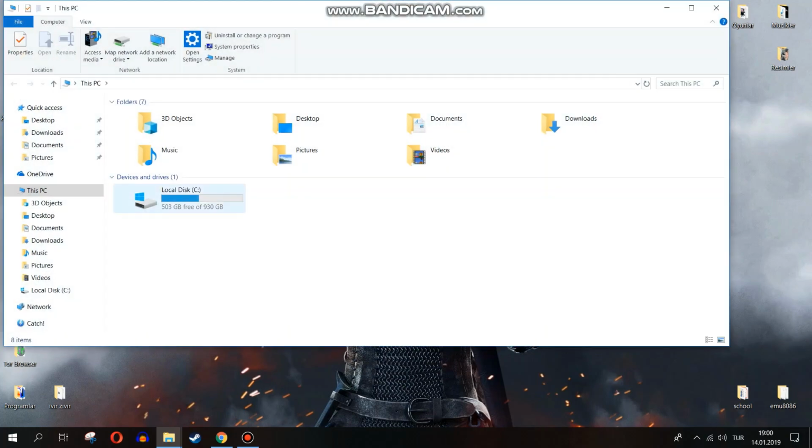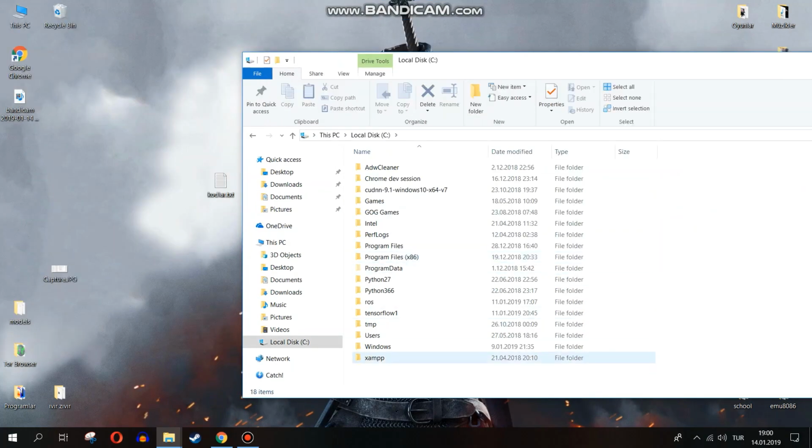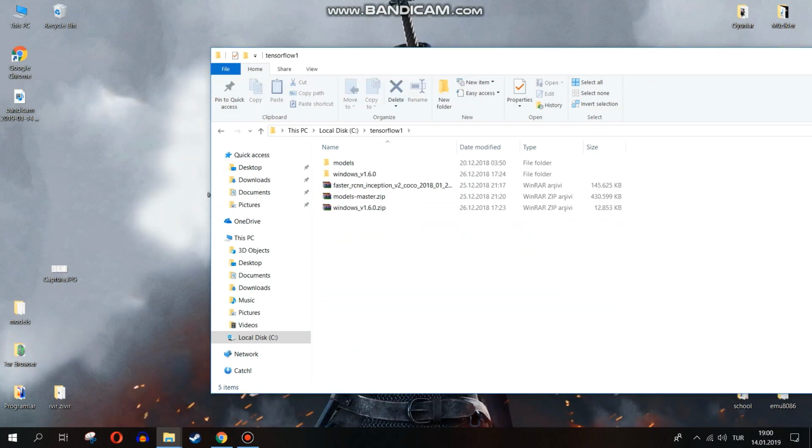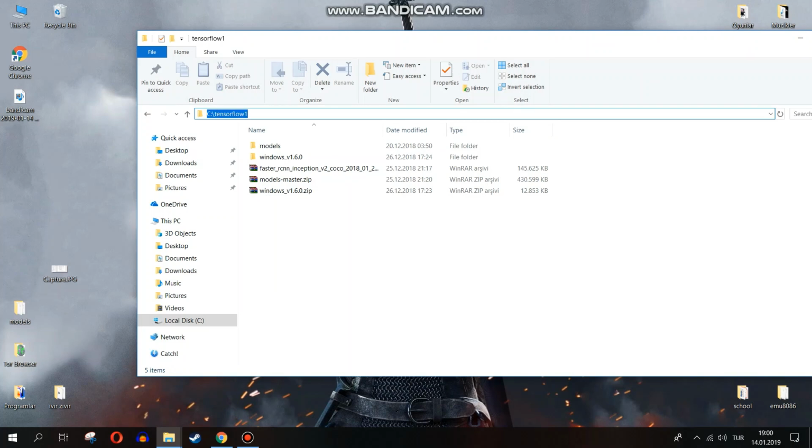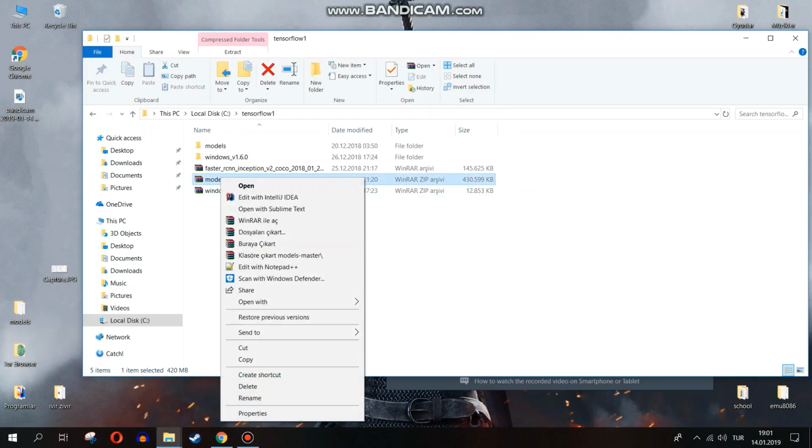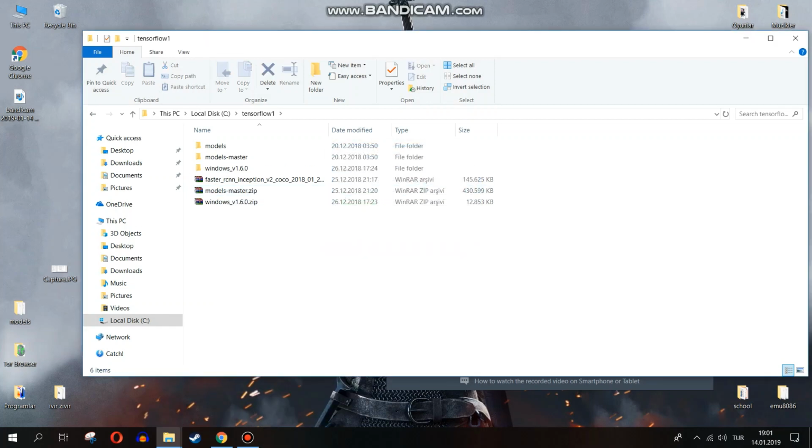go to the local disk C and create a folder named TensorFlow1, just like here, local disk C and TensorFlow1. Name it like this. Extract your model's master file here by clicking this and name this folder models. Okay, when this process finishes,